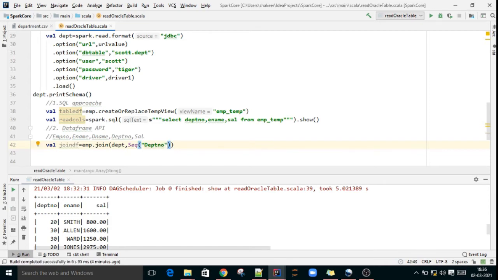There are many types of joins, right? Inner join, left outer, right outer, full outer. I want to do an inner join. Based on that, it will join the data based on the column condition.